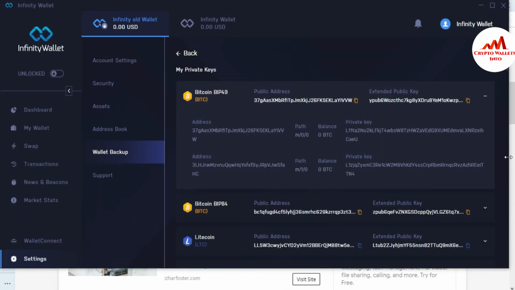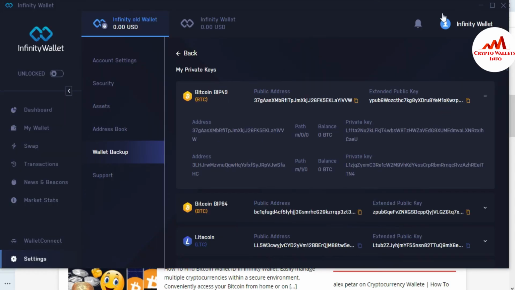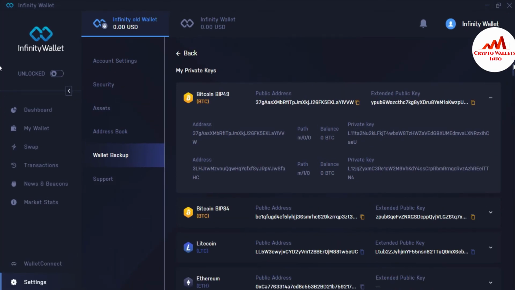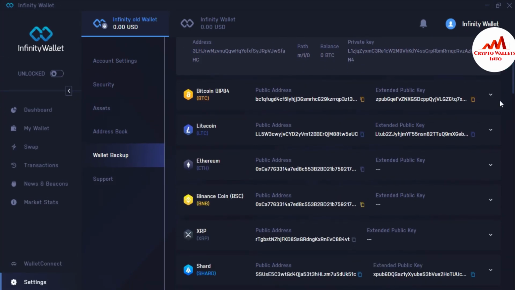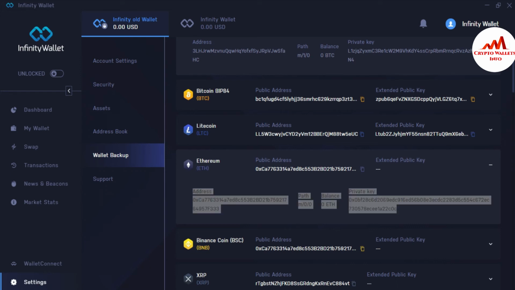wallet address. Like if you want to find your Ethereum wallet address private key, just simply go to these options. You can see here available are Ethereum, Litecoin, Bitcoin, BIP84 for Binance. If you need to find the Ethereum private key, we just simply click on Ethereum, and then you can see here this is my Ethereum wallet address, and this is my private key of Ethereum. If I copy all and again open the notepad file,